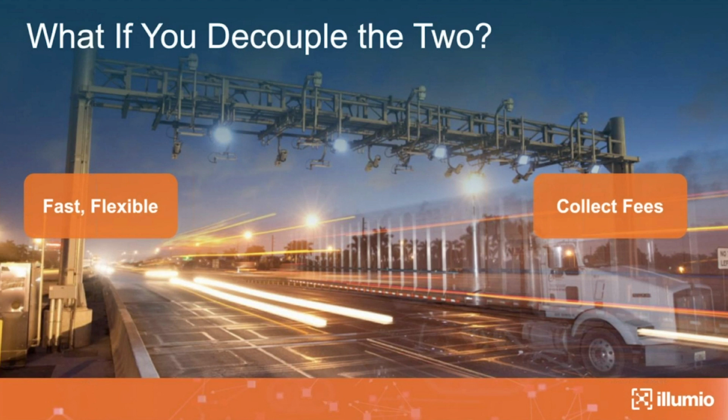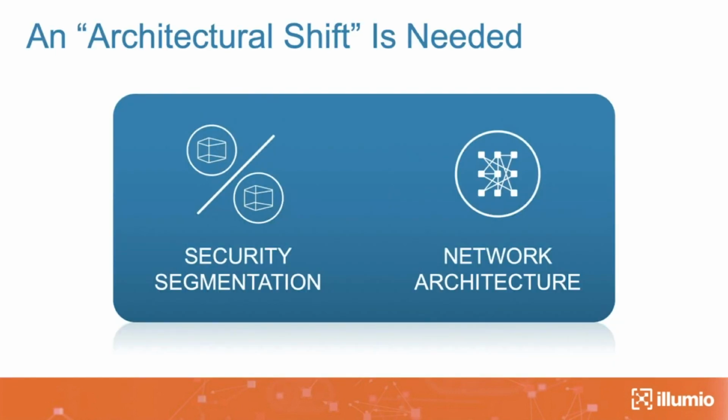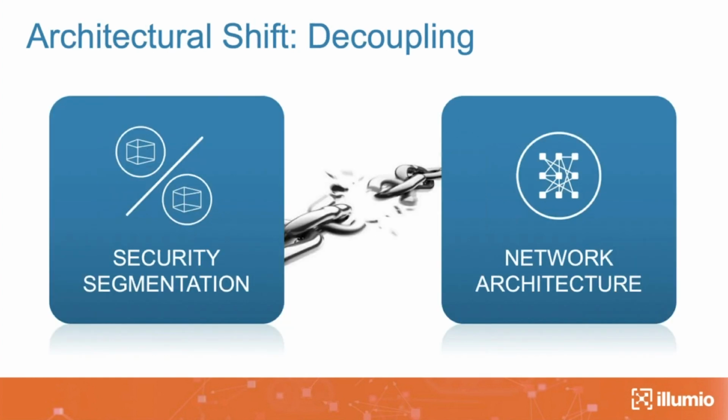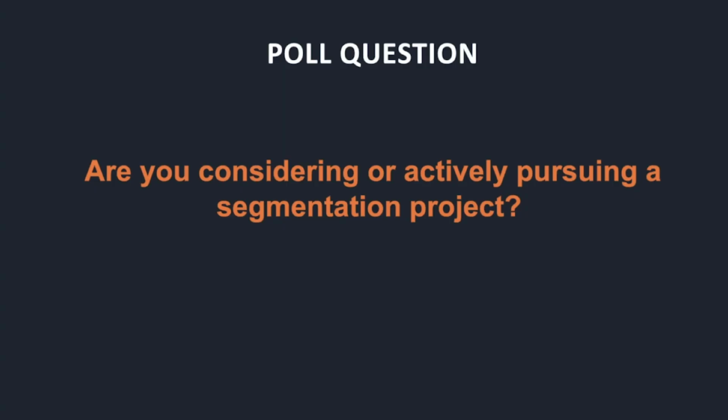Such is the case with security as well. You can actually do this right. But to do this, you actually have to make an architectural shift. And that shift comes in the form of breaking the construct that you are using for security today. So when you decouple security from networking architecture, they both actually are self-sufficient blocks and can move at the right speed and keep up with the business. So how is it done?